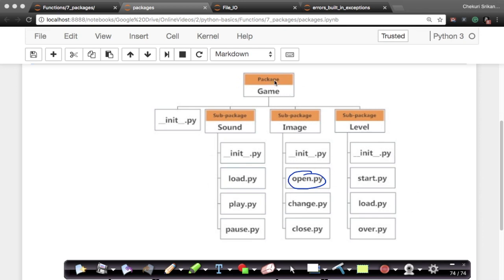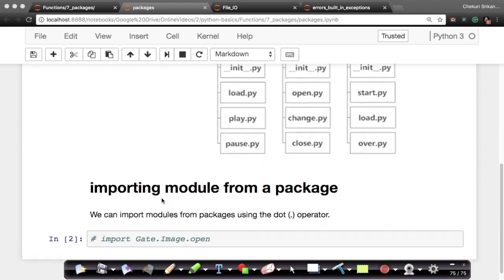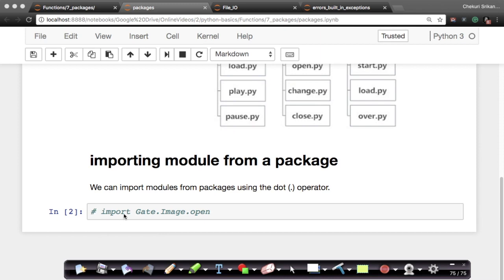This is the whole folder structure. If I want to just load this module to be specific, how do I do that? It's using the dotted notation. It's very, very simple. I can say import. Sorry, it's a typo here. It's supposed to be